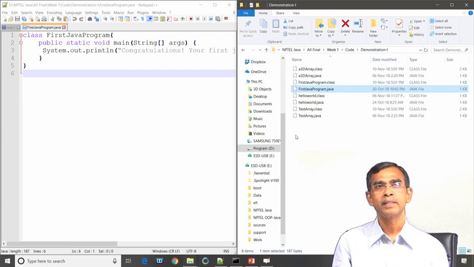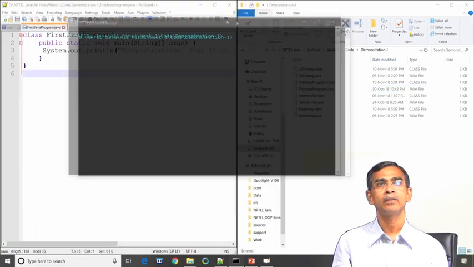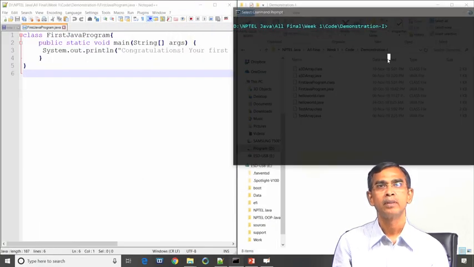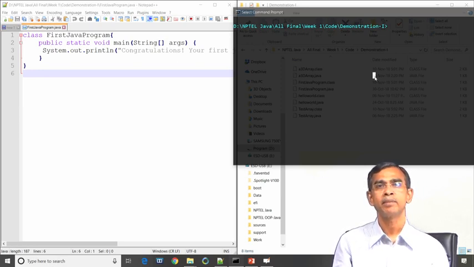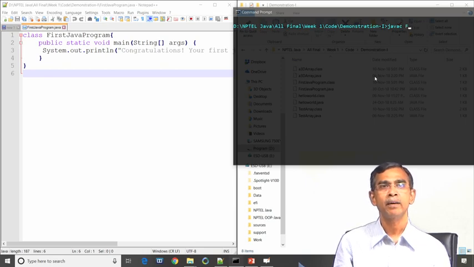Once the program is written and saved successfully, our next task is to compile it. For compiling, we have to go to the command prompt. If you are on a Windows system, go to the command prompt, and if you use a Unix system, then you have to open a terminal, where you can type the command. To compile your program, the command required is javac, and then you have to give the full name of the file.